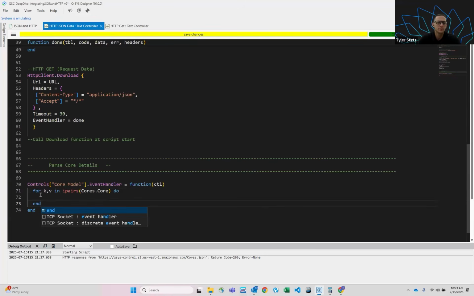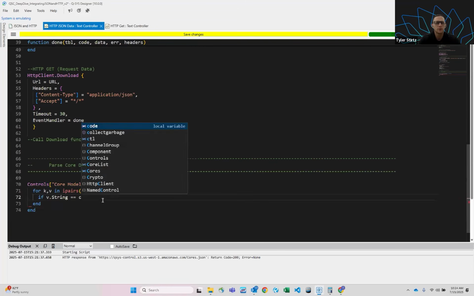And then the first thing we want to know is whether the value of this equals the string in this core model. So we can do if v.string is equal to